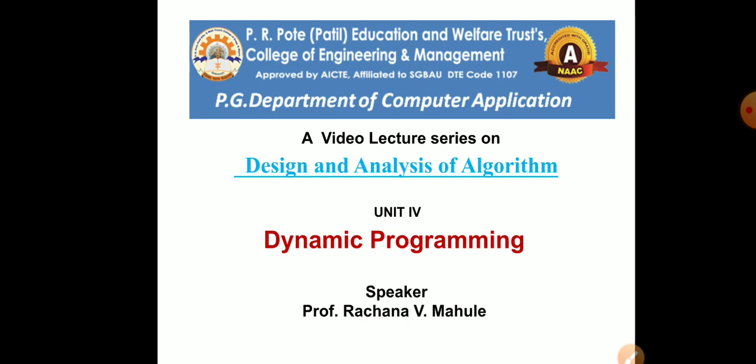So dynamic programming is an algorithmic design method that can be used when the solution to the problem may be viewed as the result of a sequence of decisions. Multiple solutions will be there for a single problem. We have a sequence of decisions, but we are going to find the optimum solution for that. That is nothing but dynamic programming. We are going to learn dynamic programming by means of one example.